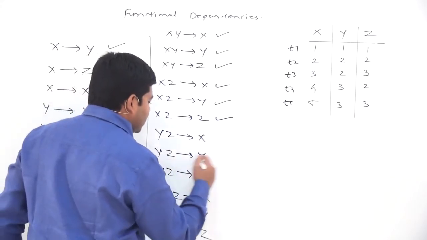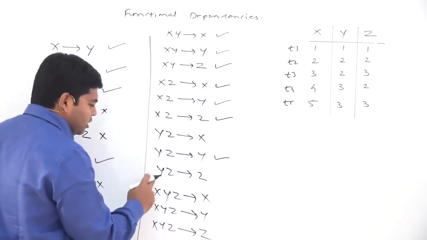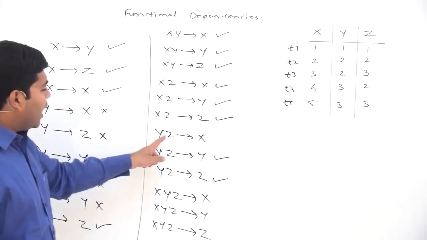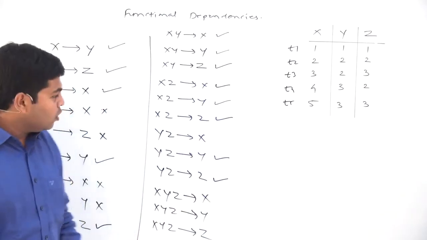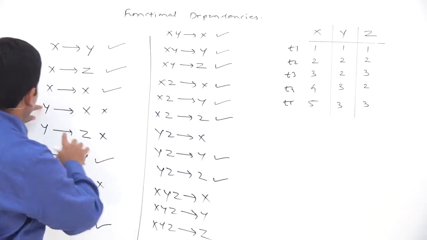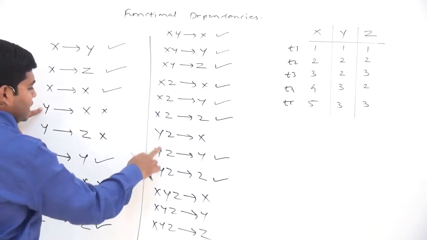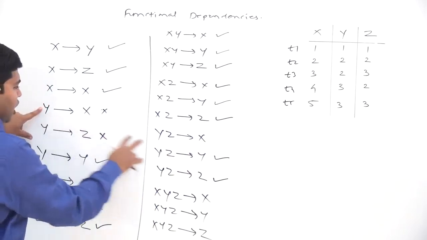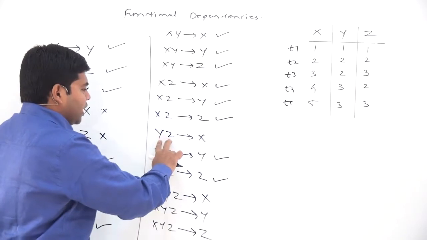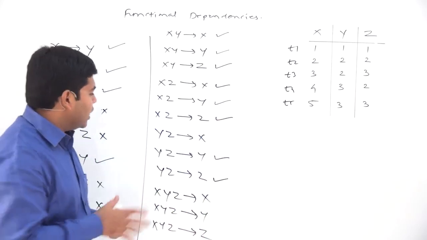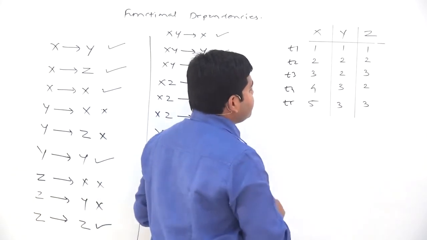Similarly yz gives y is a trivial question, yz gives z is a trivial question, and let us check whether yz gives the value of x or not. Now here y gives x, no, and z gives x, no. So none of the attribute alone can give you the value of x. So we need to check the combination of yz. Okay, now let's go to the data.